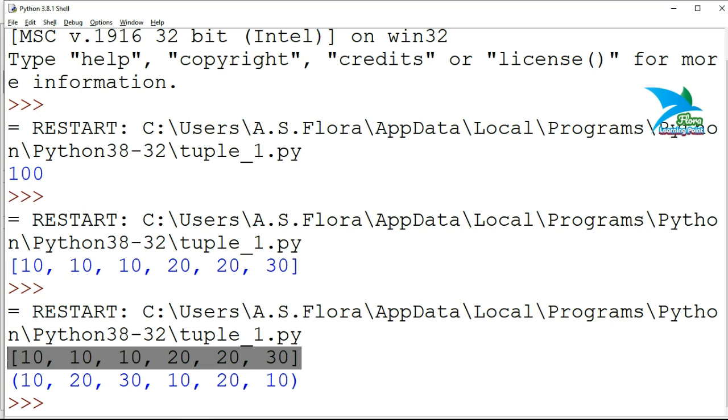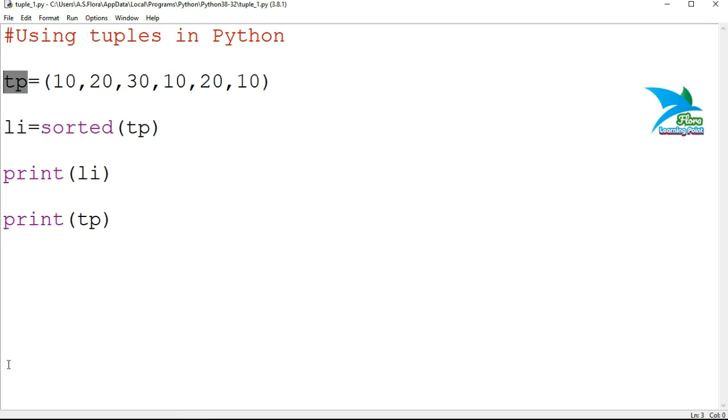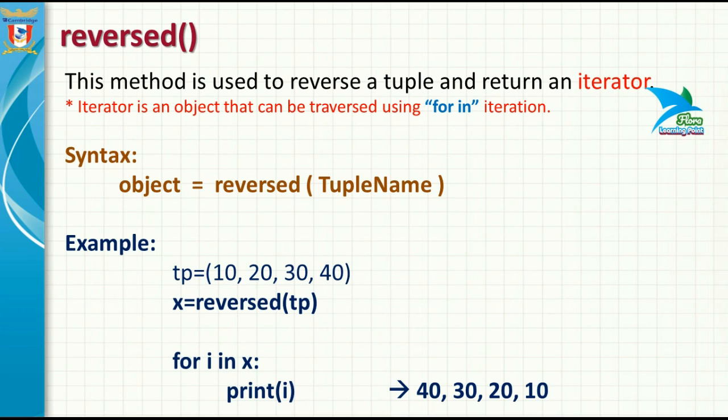So the system always returns a list of sorted elements and stores those sorted elements inside a list. It makes a new list of sorted elements.